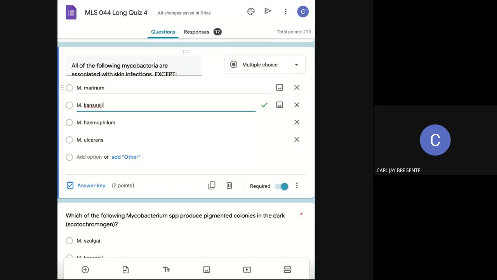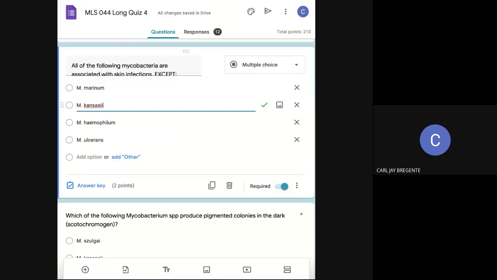Mycobacterium kansasii is one of the causes of pulmonary disease, with the same characteristics as classical tuberculosis,